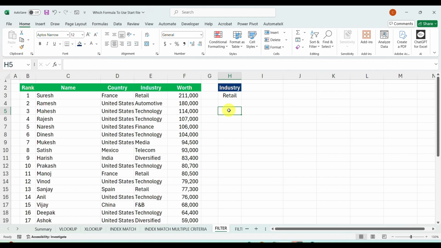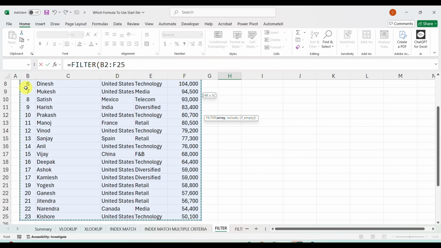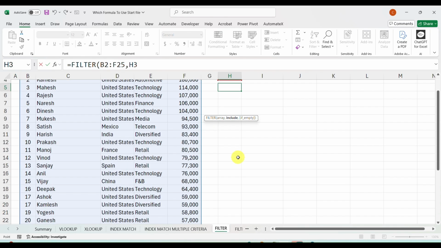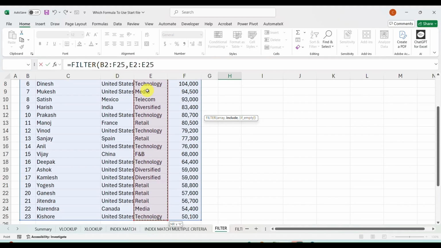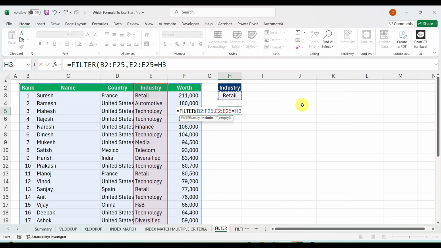We can start with the FILTER formula. FILTER, open parenthesis, and my dear friend, this is a very simple and easy formula. It is asking for the array, select the entire array. Okay, it is asking what to include. We need industry, retail. So just include this industry if it is equal to what? Retail. Close the bracket and hit enter.